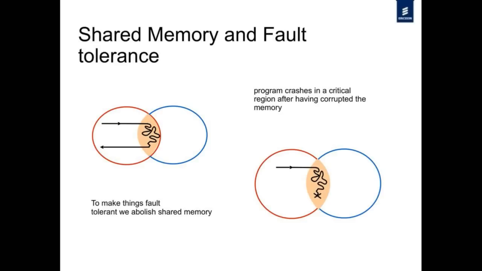And the problem with shared memory is not, Peter suggested, the problems with proving or demonstrating what would happen when you go into a critical region. My problem with shared memory is not so much that you can't correctly lock things and go into critical regions. It's what happens if a program is in the critical region and crashes. Because it's changed the memory in some way, and then it crashes. Well, sure, a monitor can detect this fact. And it can tell the other process, okay, so now it gets removed from the critical region. The second process comes along and says, oh yeah, but what happened to that other process?